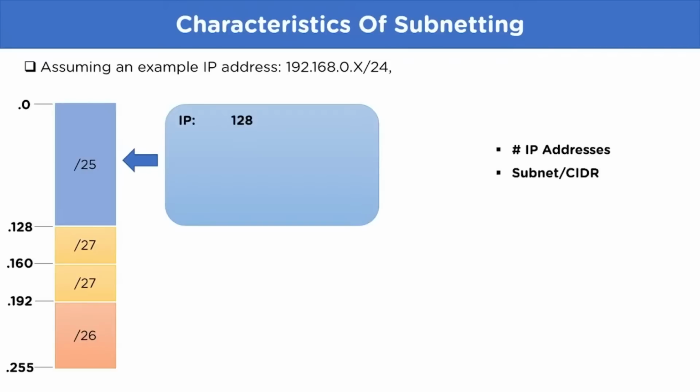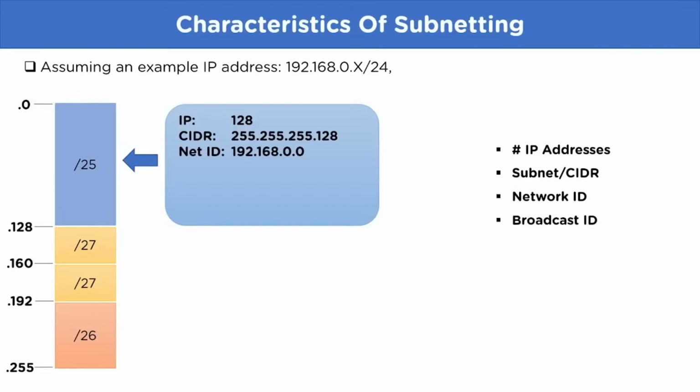Moving on, we'll find out the subnet mask or CIDR. That is the subnet mask for /25, which I have taken as reference from the subnet table that was explained in the earlier slide, which is 255.255.255.128. Then we have the network ID, which represents the topmost network address in the subnetwork block. In our case, it is 192.168.0.0. Then we have broadcast ID, which is the last IP address in any subnetwork block. In our case, it is